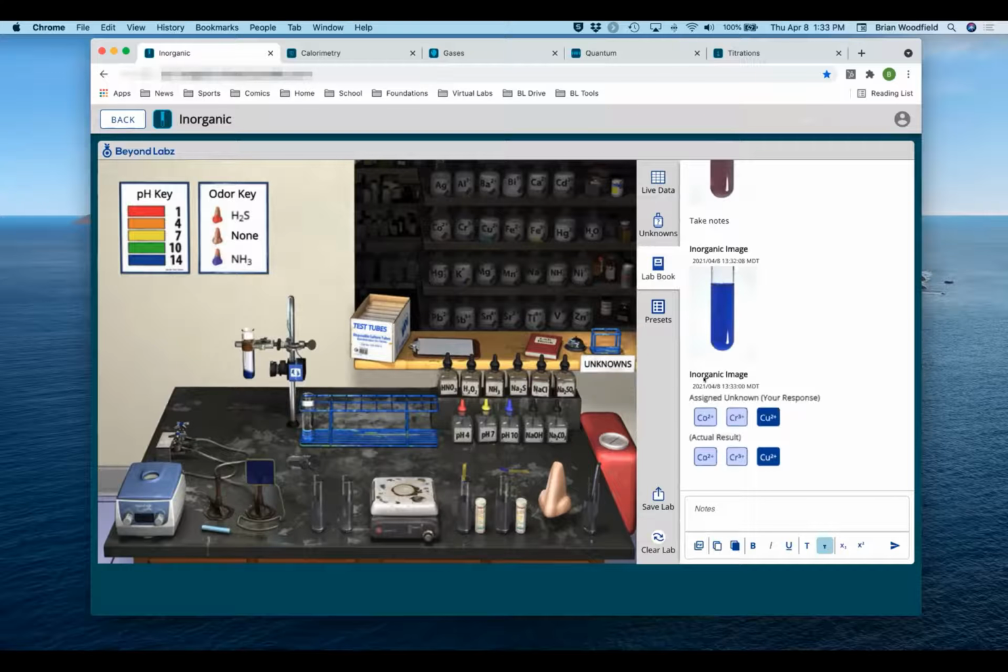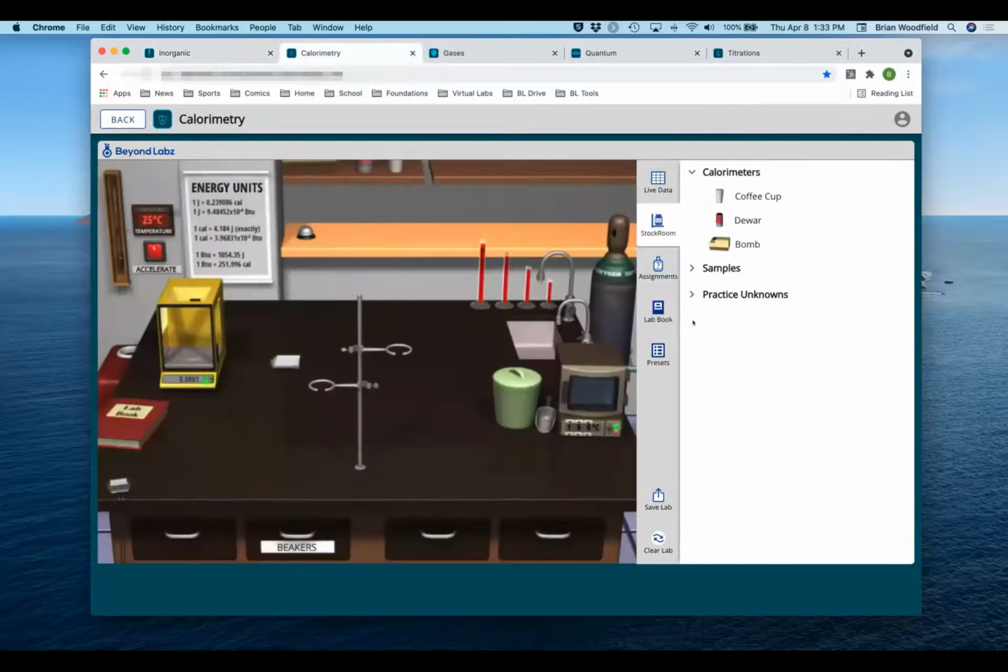So that's pretty much a view of the features that we're adding, and it's all here in the HTML5 format. Like I said, we're doing other labs. So here's calorimetry, where we've introduced some changes from the other one, just to make it more efficient on a browser. We've kind of turned off this stock room, and we've moved our stock room over here